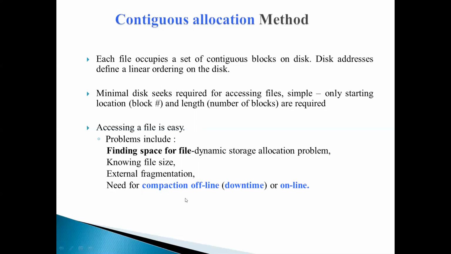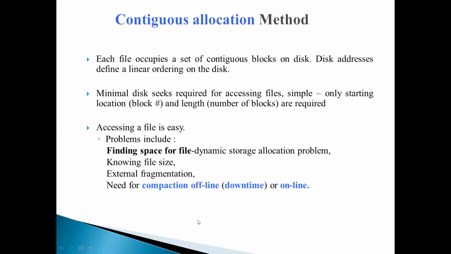Now this compaction can be done offline or online. What do I mean by offline and online? After the file system is unmounted, if the OS performs the task of this compaction, it is called offline compaction. And before the file system is unmounted, during normal system operations itself, if this compaction is performed, it is called online compaction. But when normal operations are performed, if the OS proceeds to perform compaction, then it may have a performance penalty on the operating system.